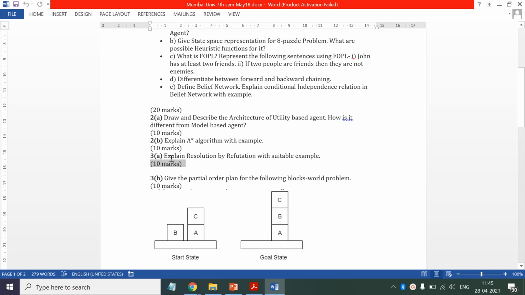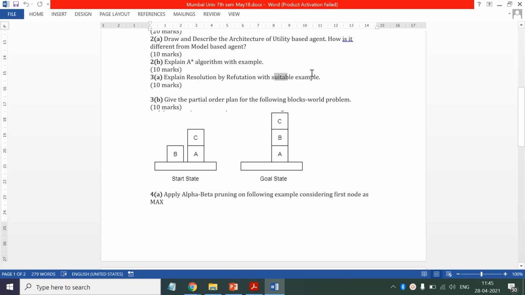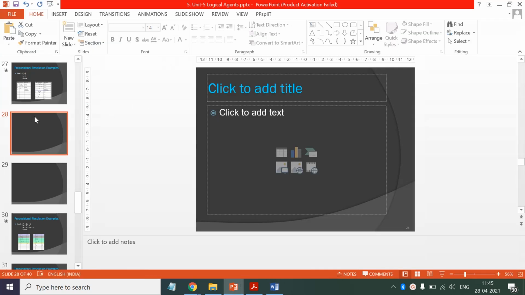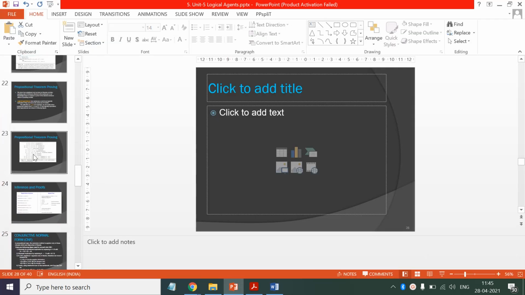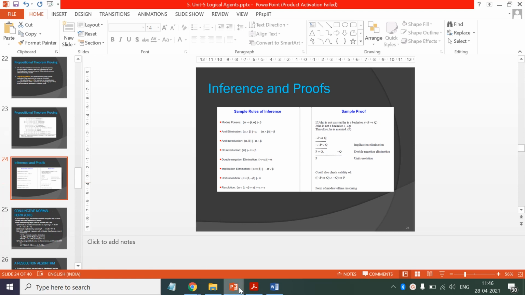Here you have to explain the resolution algorithm. You write that law and you write the steps. First you have to convert the given premises into CNF forms, and then you have to apply resolution, and you have to give a suitable example. You can take an example of modus ponens and prove this. These are the given premises, then apply the resolution law, and you can derive beta. So you have to remember one example, or you can directly prove the laws.